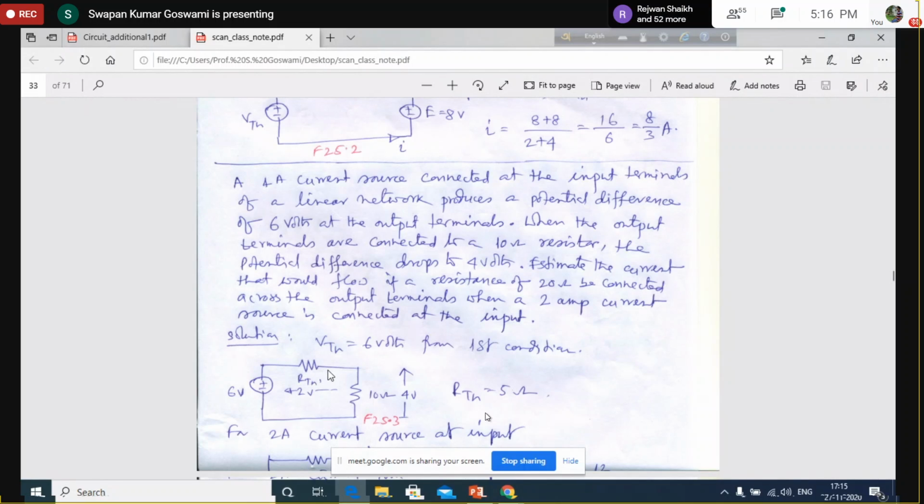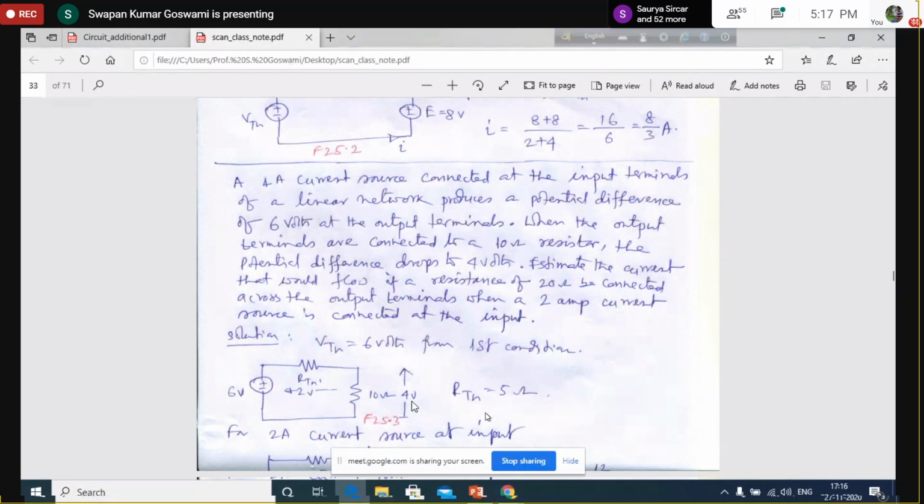Now we assume that these two are the output terminals. Actually, it would have been better had I shown a terminal here, a terminal here, to explain easily. Okay, so there is a terminal here, there is a terminal here. These are the output terminals. So across the output terminals, now you are connecting a 10 ohm resistance. And as you connect the 10 ohm resistance, you see that the potential difference across the output terminal drops to